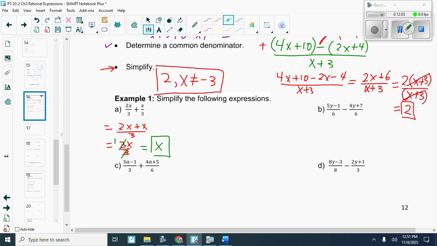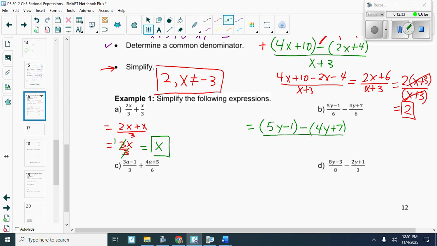Okay, so now the next one is the same kind of thing. We have a common denominator already set up for us. I want to make sure that you guys caught what happens when we do subtraction. So set it up. You're going to subtract the numerators over the common denominator. If you're feeling like you get this, you work ahead of me and then you can just check in. I'm going to put my binomials in brackets so that I can see,